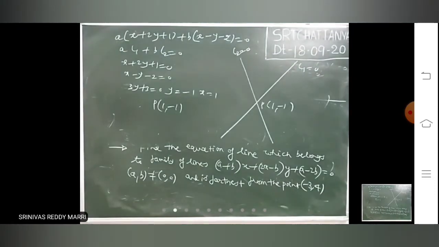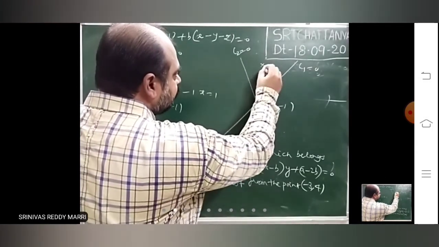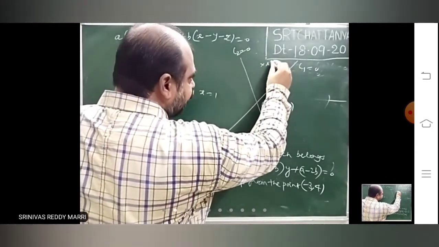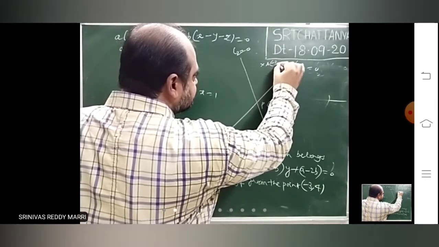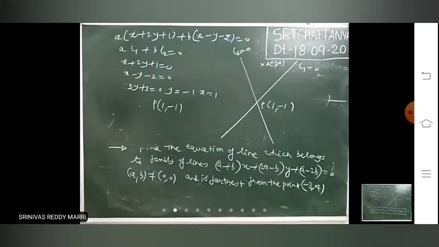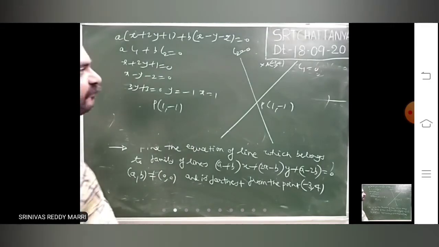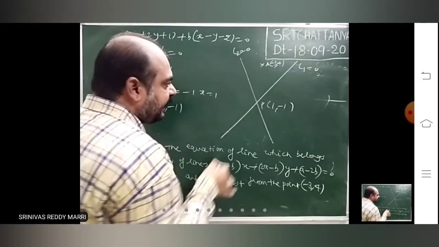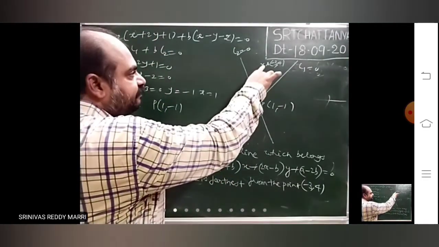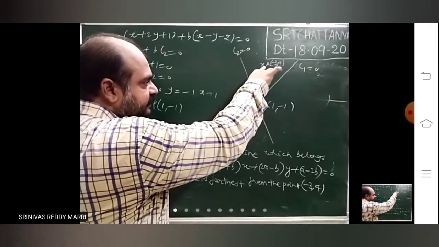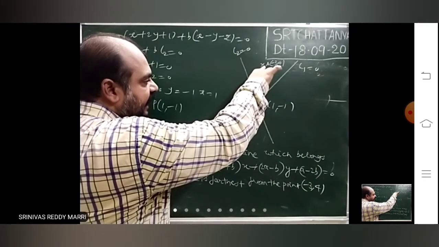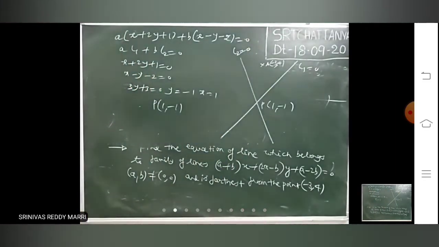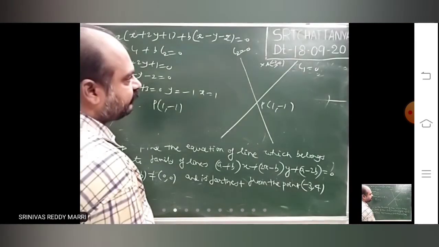First find out that. What he is asking is, you want to find a line. There is a fixed point, which is farthest. That means you want to find a line belonging to this family passing through P and is at maximum distance from (minus 3, 4).